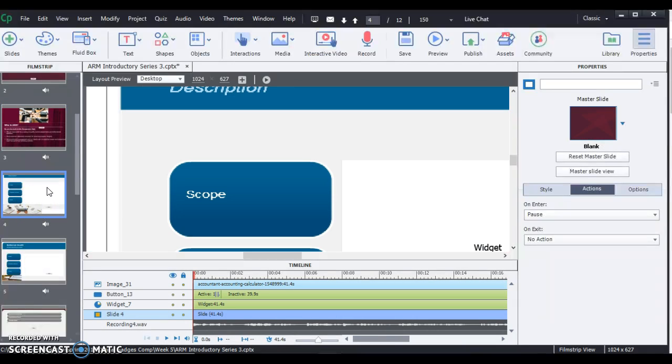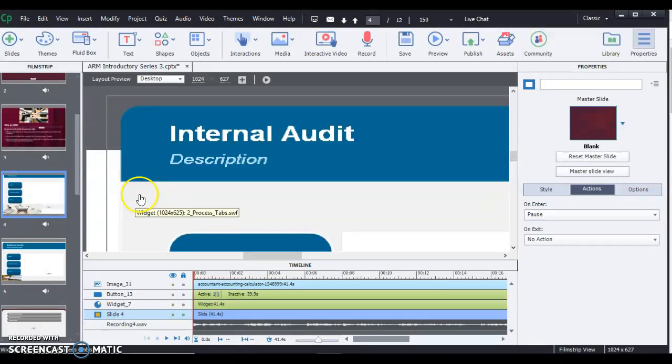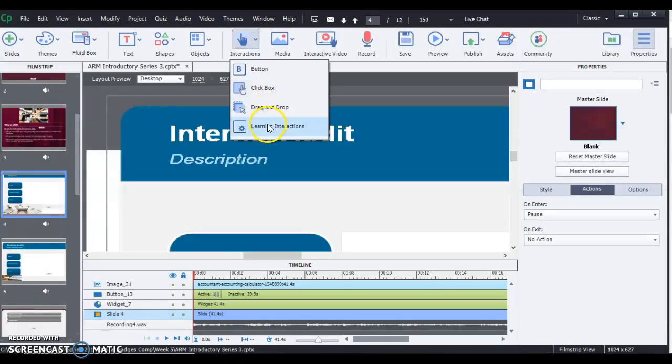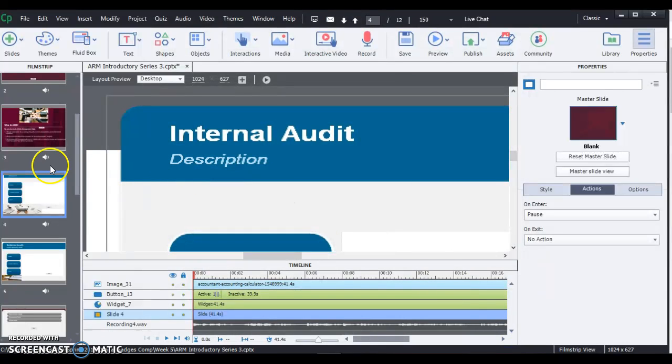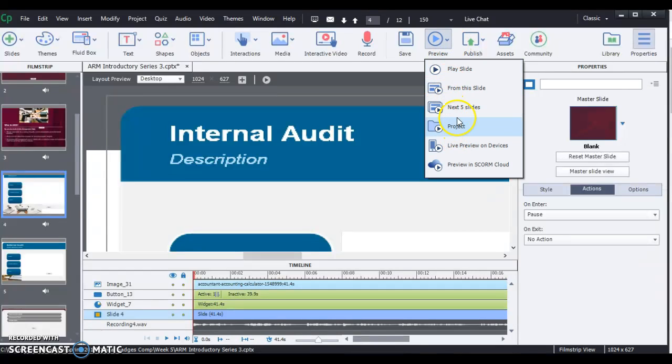On the next couple of slides, I entered some interactions for my content. So if you were to go over the interactions here and click Learning Interaction, you have some templates that you can use and fill in. So I use the accordion and the tabs. And so to kind of give you an example of how it works, if I were to go here